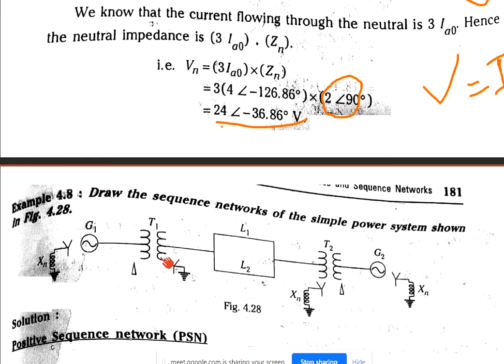So he had been given one generator, and the generator is connected to a transformer, and here there are two inductances they had been given, or you can take lines also, L1, L2. So it is connected into another transformer. There is one more generator, generator 2, connected, and both the generators are connected through neutral with an impedance, and the transformer is connected primary as delta and secondary as star grounded. Here transformer 2 is also the same, and here the two lines will be there, L1 and L2.